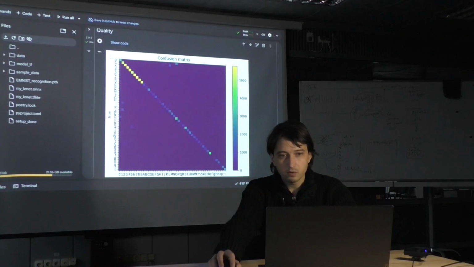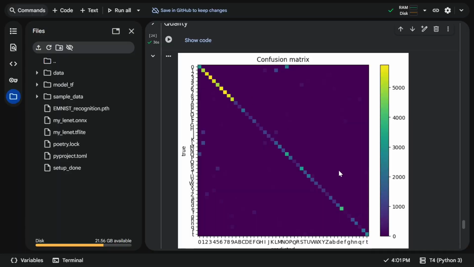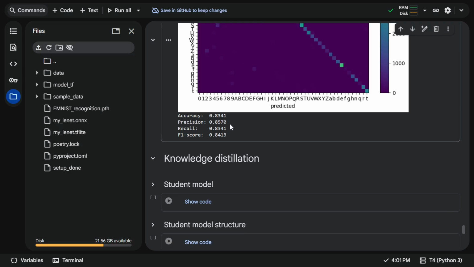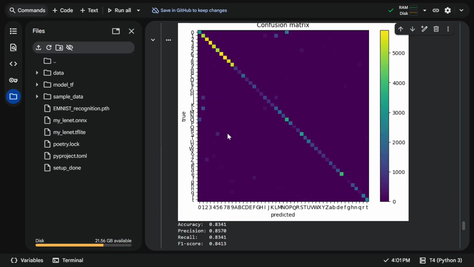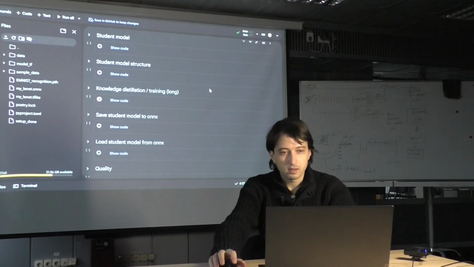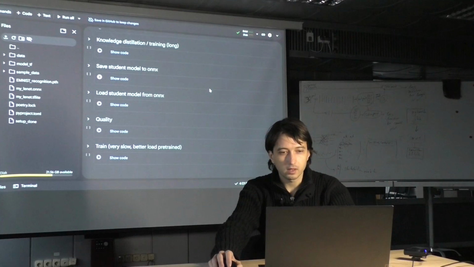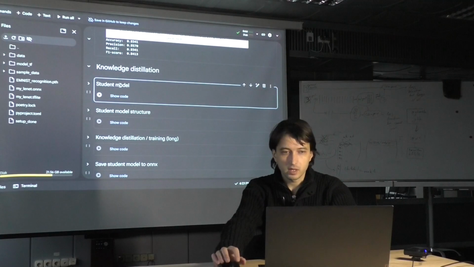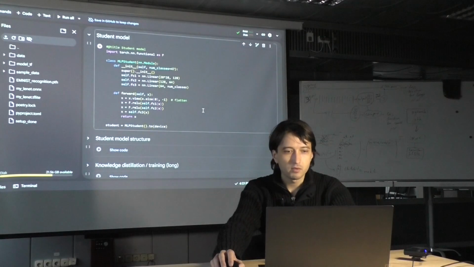So here is our matrix. You see it is almost diagonal, so we have a pretty reasonable result, and you see that accuracy and precision have almost not changed. So we still have a pretty decent quality even on this model, despite the fact that we have shrunk this model with already a few different methods. And now the last method, I guess, that we will consider today, that's knowledge distillation. I have already considered the theory behind this process, so let's just get through the code and